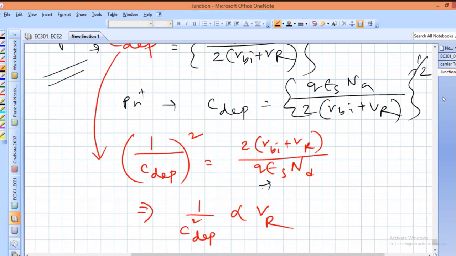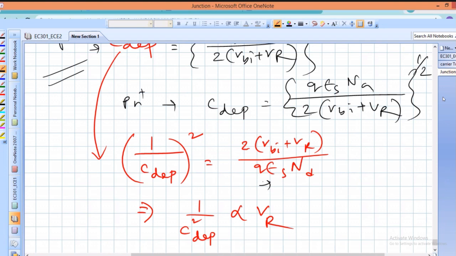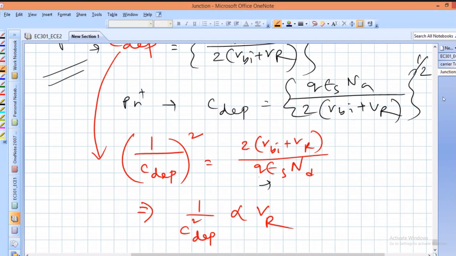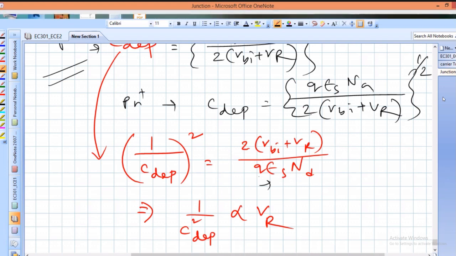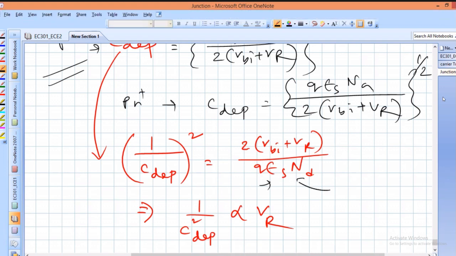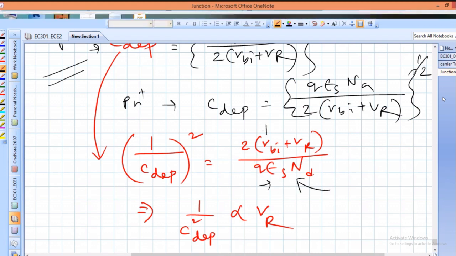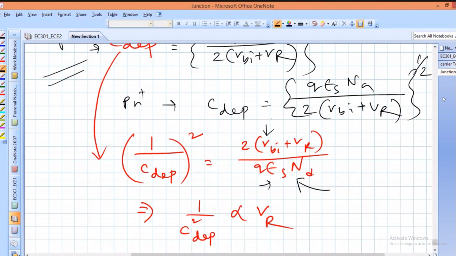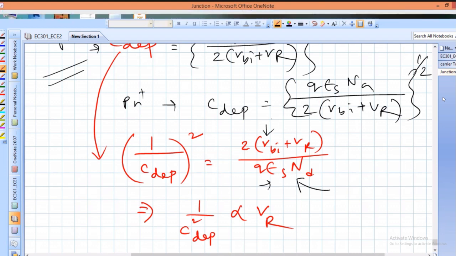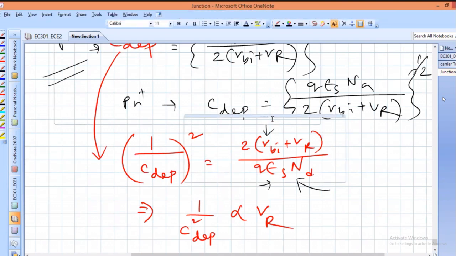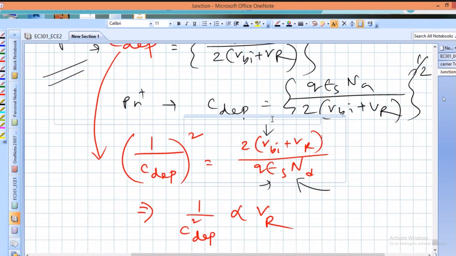Epsilon s is the permittivity of the material, epsilon naught into epsilon r. Epsilon r is the relative permittivity. Epsilon 0 is the free space permittivity. You know, donor impurity concentration is Nd. Vbi is the contact potential. Only Vr can be varied. And I can conclude that 1 by C depletion square is proportional to Vr. That means